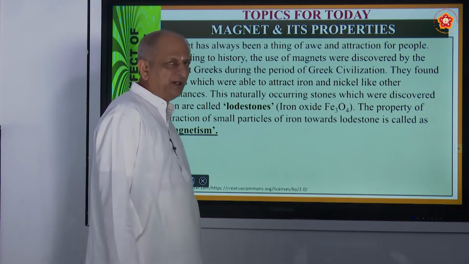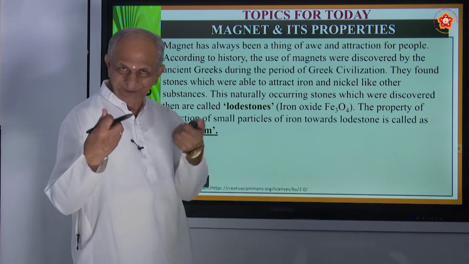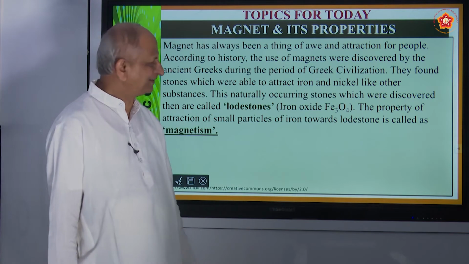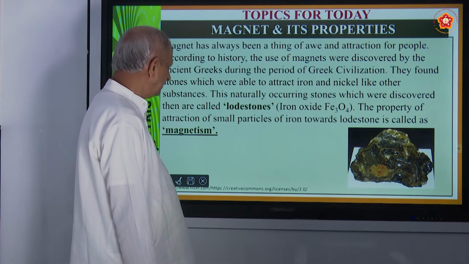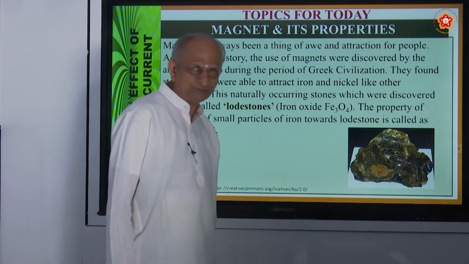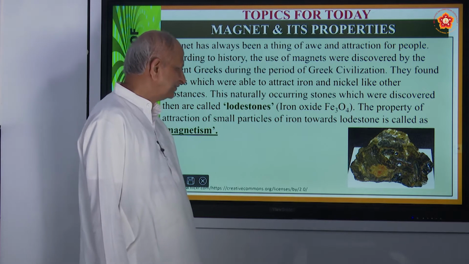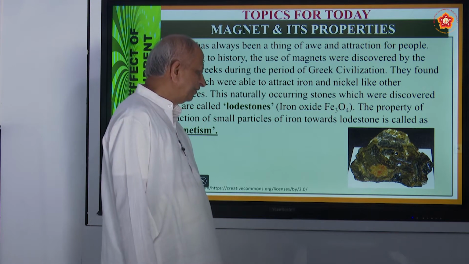Just as gravitation is an unseen force, but it pulls each and every object, is it not? So also a magnet, and this is what is called lodestone, and it attracts substances like nickel, cobalt,